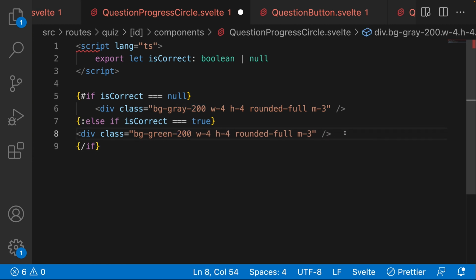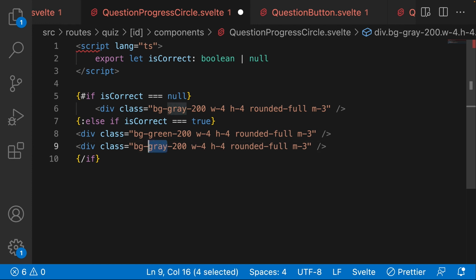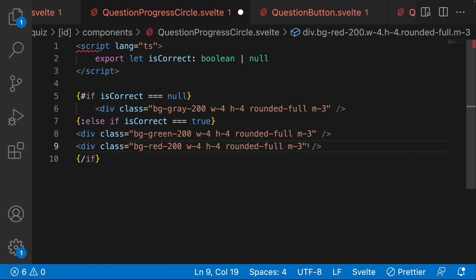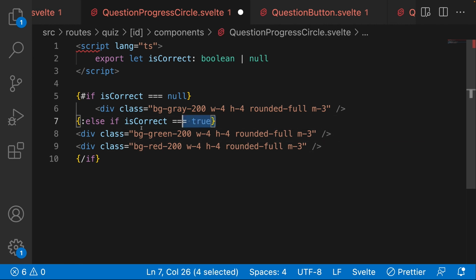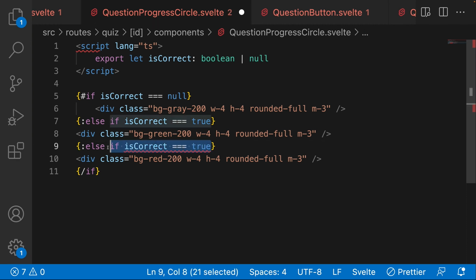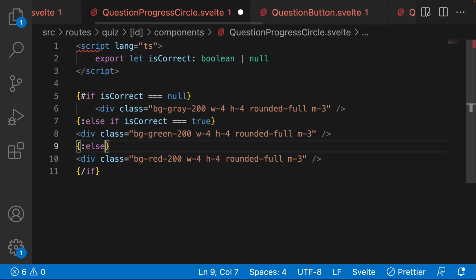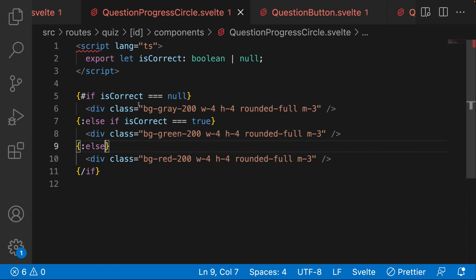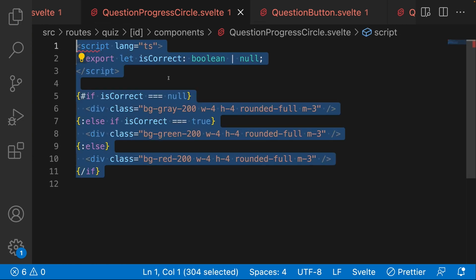Let's also add another else if, and this time we're going to use red. So let's grab this else if case. We can also make this an else case because that's really the only condition that is left. So we can just say else. Let's go ahead and save that to format it. And there we go. That's really all we need to show for our